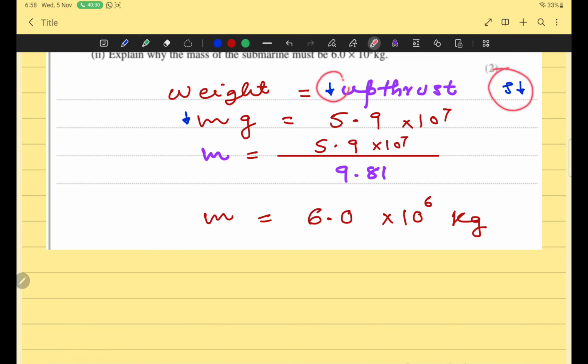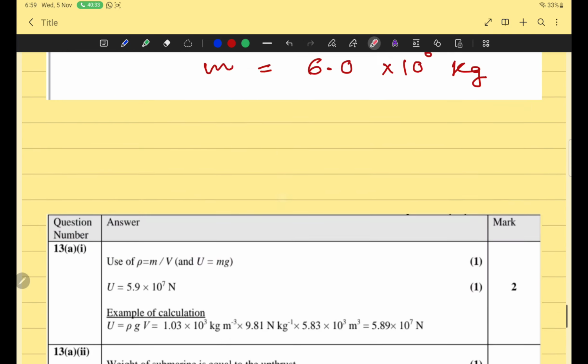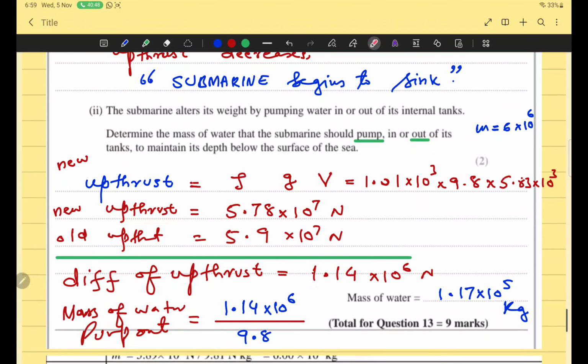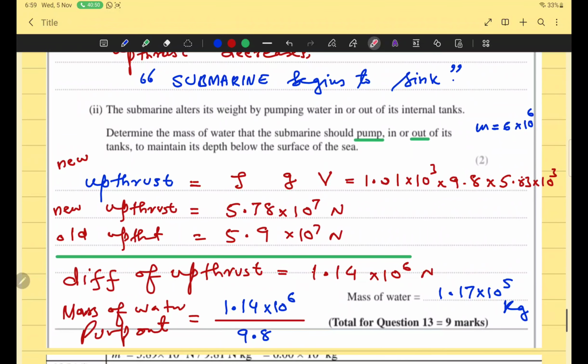हाँ हाँ जी, ये क्वेश्चन आया है। ये क्वेश्चन लिखा था कि सबमरीन जहां जा रही है वहां पे लेस सॉल्टी है, डेंसिटी कम है, डेंसिटी कम है तो क्या होगा। तो अभी आपने बताया बेटा कि ये डूब जाएगी। ठीक है जी। अच्छा बेटा, सिमरा, आई एम आस्किंग यू अ क्वेश्चन। नाउ द सबमरीन इज सिंकिंग इनटू द सी, व्हाट शुड वी डू टू मेंटेन इट्स लेवल। हमें क्या करना चाहिए ताकि वो सबमरीन ना डूबे। हाउ डू वी प्रोटेक्ट फ्रॉम सिंकिंग।